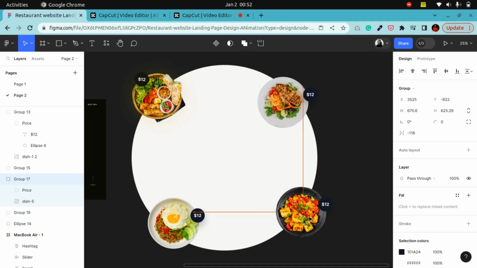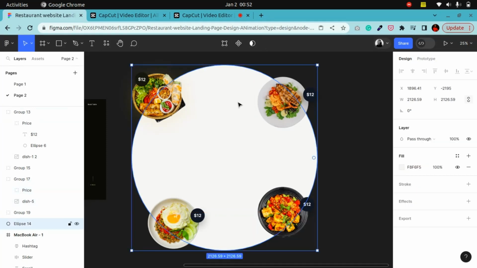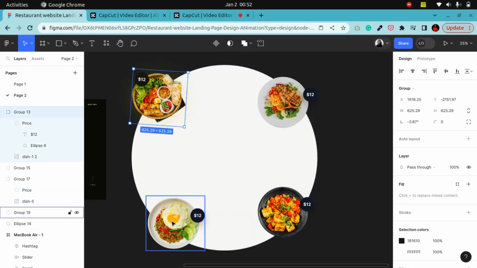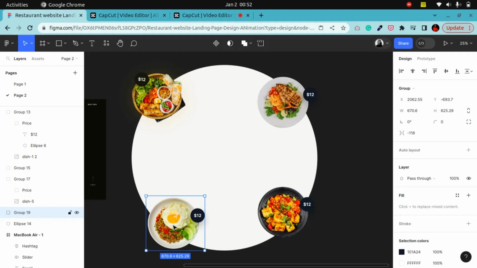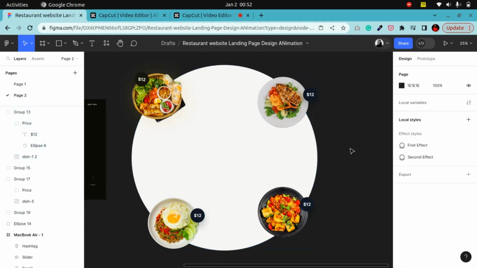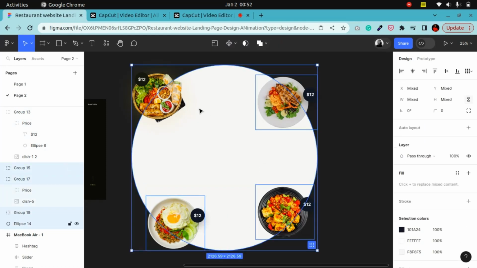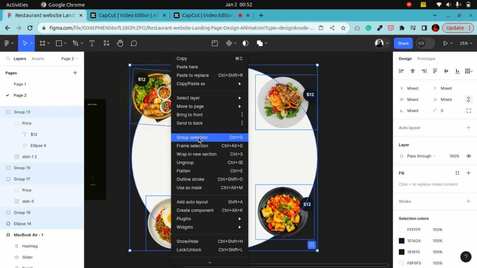Remember, this is just a group, so there's nothing special about this. This is just an image with a pricing tag grouped together. This will be placed on top of the circle. This is just a big circle, so these images are going to be placed on top of the circle. Then we're going to group them. We hold down our shift key, click on each of the items, and group them. Once we group them,